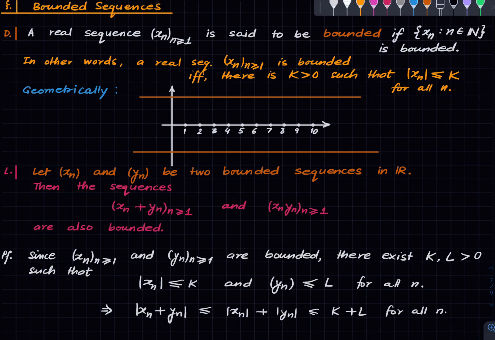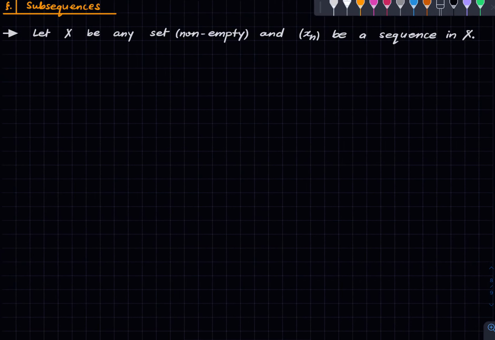Okay. Finally, we want to discuss what is a subsequence. So fix a set x, and of course it's a non-empty set, and fix a sequence in x. Okay, so we say that a sequence yk, k going from 1 to infinity. So here the dummy variable is not n, we are using k for the dummy variable. So this is a subsequence